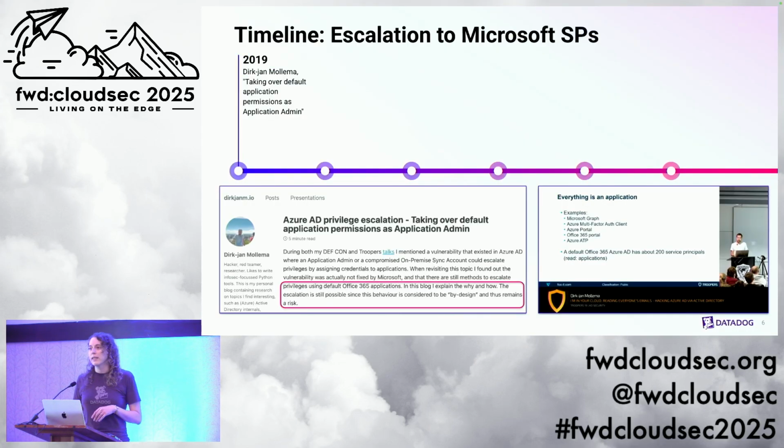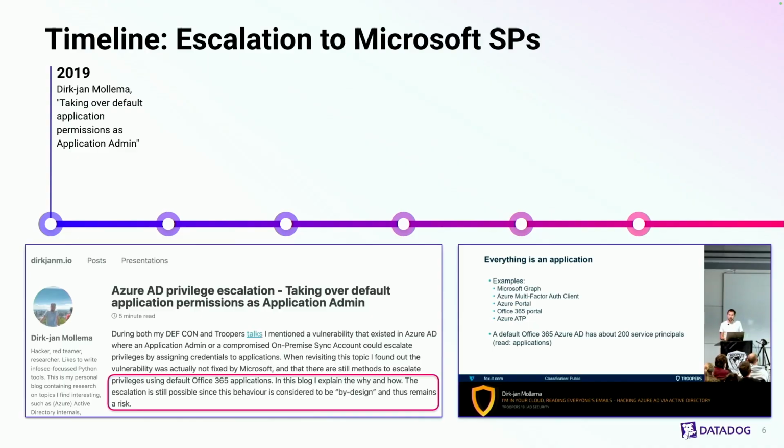But what you need to know is that this has been a thing since 2019. Dirk-Jan Mollema published a blog post about how Microsoft's first-party applications could be used for privilege escalation and persistence. He originally reported this to MSRC, and they said, oh yeah, we totally fixed that. And then he went and checked, and they hadn't. So he then said, are you sure? And they said, oh no, actually that's by design. You need to be able to assign a credential to the local identity of the app, just for usability sometimes. I don't know, yeah, feel free to publish it.